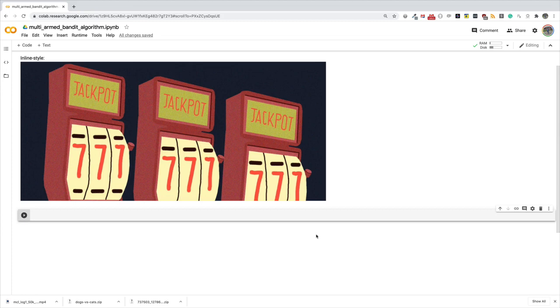So, the objective of today's video is to teach you about a very simple reinforcement learning algorithm called the multi-armed bandit algorithm. And the objective is to show you how to implement the different variants of it and how to understand how it works internally, and also to be able to identify situations under which you can apply the multi-armed